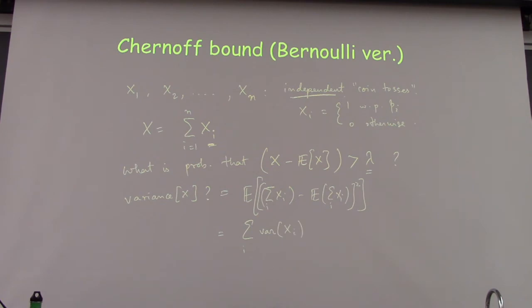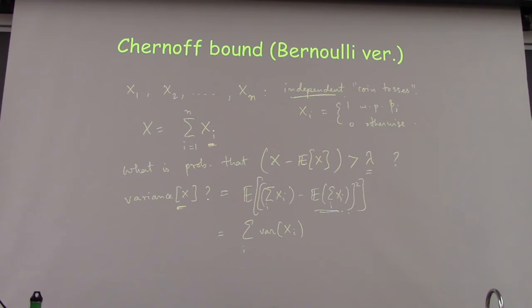The reason this is true is because of something like what you said. Basically, you can split this as the sum over xi minus expected value of xi. So you can use linearity of expectation. And then if you have xi, xj terms, the expected value will be 0. So this is a simple exercise. If you've never seen it, this is fun to work out. So the variance of x will be equal to the sum of the variances.